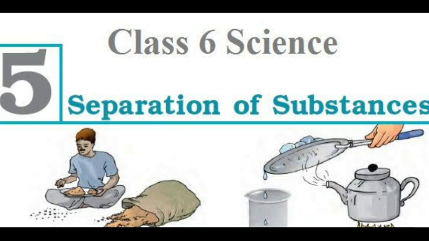Number 3, to obtain pure form from a mixture, like to obtain pure water for scientific experiments and medicines, to obtain pure precious stones from the rocks. So the substances separated are dissolved salt from water and other substances and impurities.